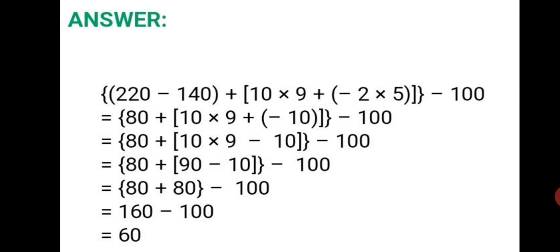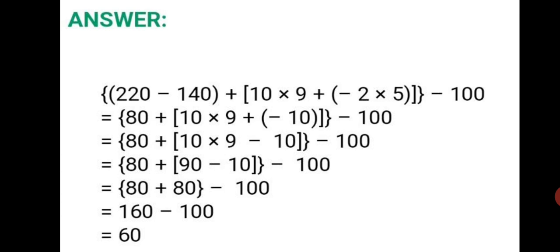Here it is solved together because these two brackets are far away from each other and they can be simplified in one step. So minus 2 into 5, 5 2s are 10, plus into minus is minus. Minus 10 we have in bracket. Close all the brackets now. Minus 100 we write as it is. Okay, this minus 10 you can do in the second step also.